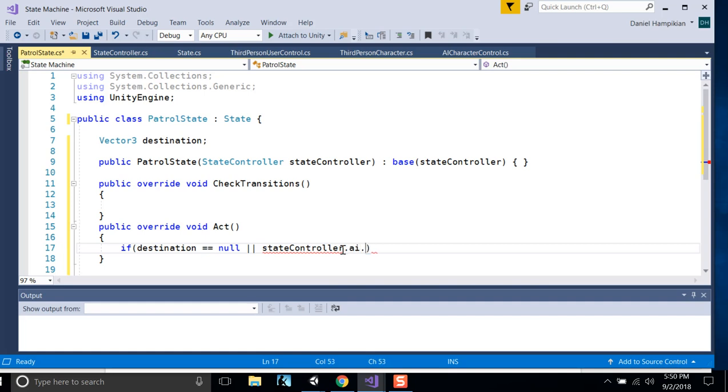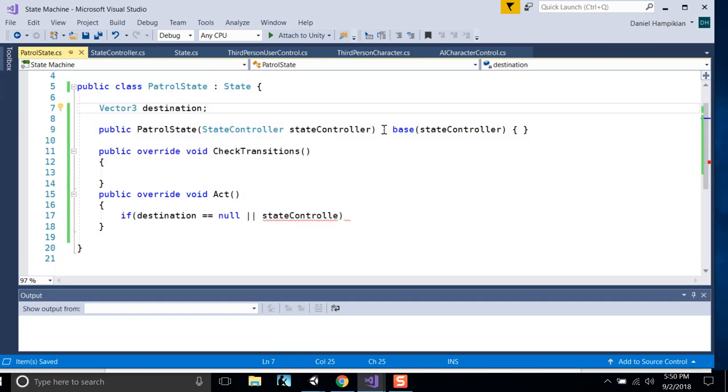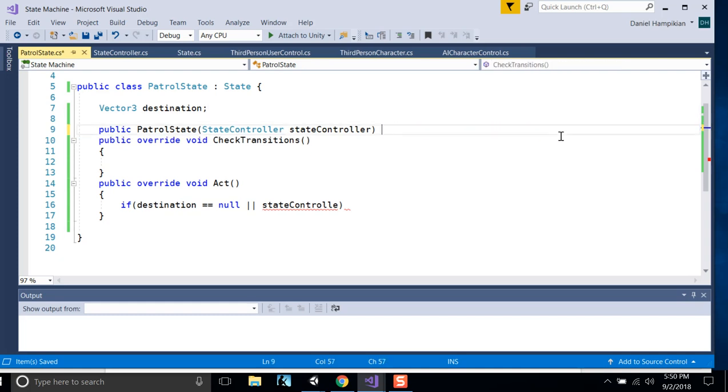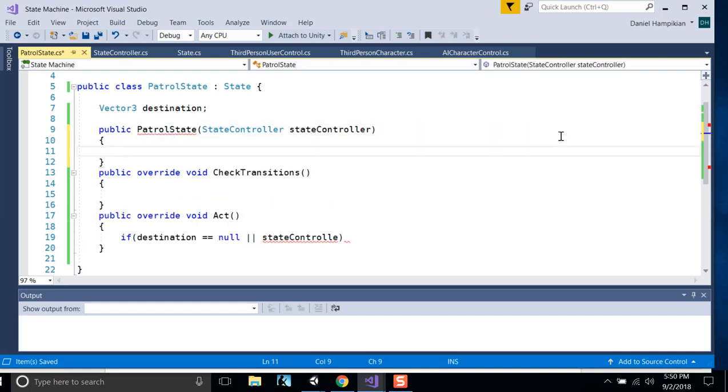Dot AI dot dest. Interesting. It doesn't like the way that I've implemented this. I'm just going to get rid of that, and instead, I'm going to say,